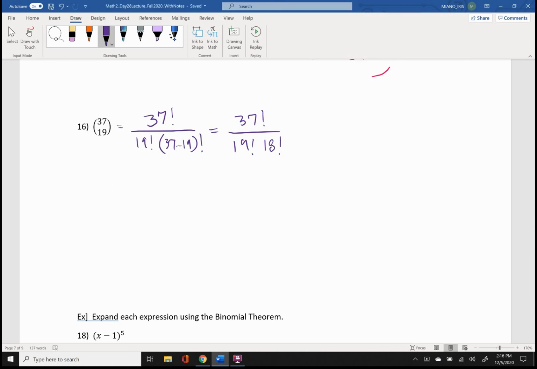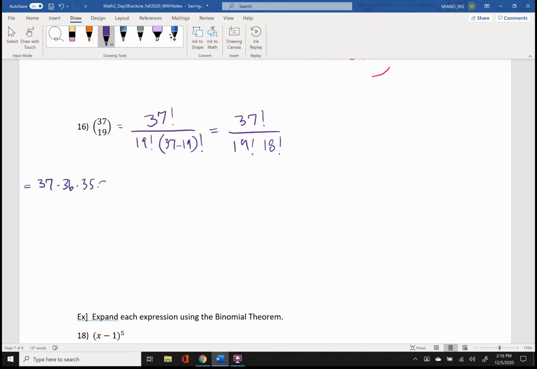Now, technically, in order to do this one by hand, you really do have to write down all of those numbers up until, of course, the 19. That's where you get to stop, and you just write 19 factorial. So watch this. This is going to be fun. All right, so I'm going to expand it out, and I'm going to start all the way to the edge of the paper because it's going to get wild as far as the number of numbers that I'm going to put down. So just bear with me here